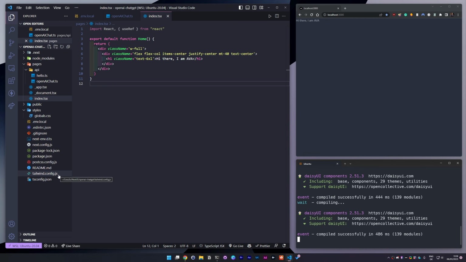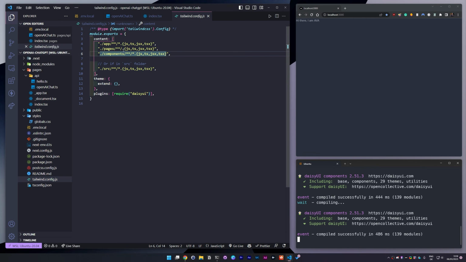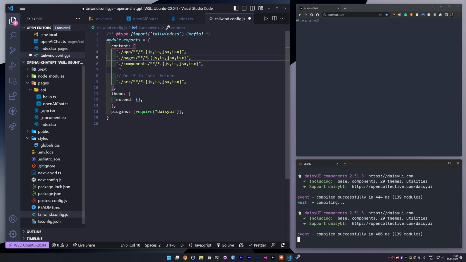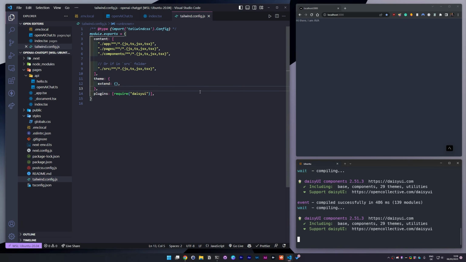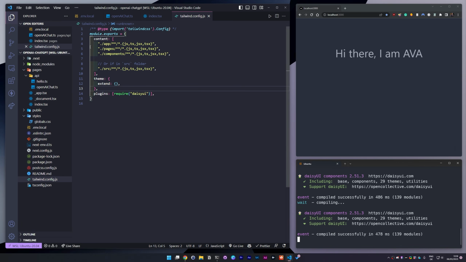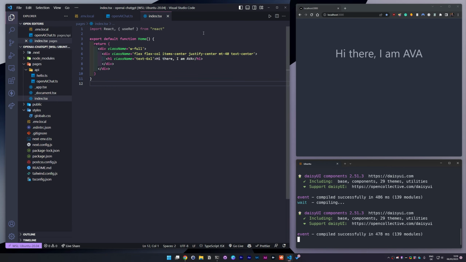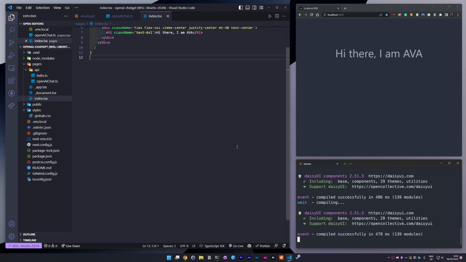Quickly head back to tailwind.config.js. It forgot an asterisk. Is it called asterisk? I think it's called asterisk in English. The star thing inside of the pages line here before the dot. And if you hit save, then it should work. Okay, it didn't have the pages folder correctly implemented. Okay, we are back on track. So we see that we have our application up and running, and now we can move forward